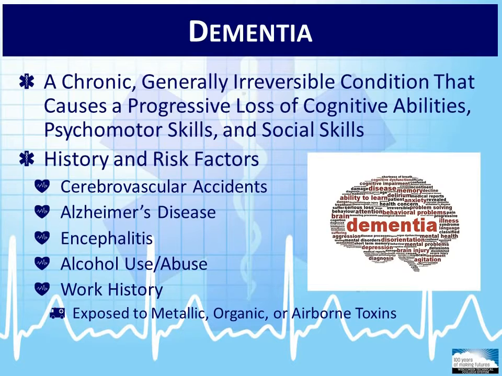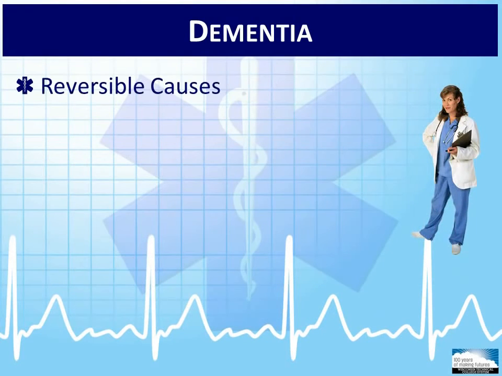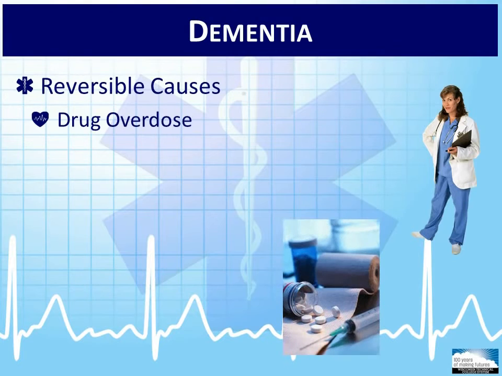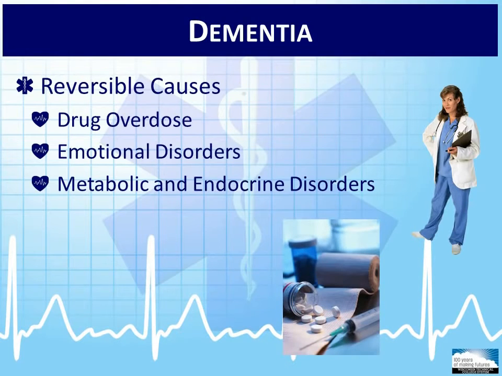Accidental or intentional medication overdoses can make a patient appear as if he or she has dementia, so keep that in mind during your assessment process. Chronic dementia develops over a period of years, which may give you a clue as to whether or not another pathology may be at work. Some causes of dementia-like symptoms that may resolve themselves include drug overdoses, emotional disorders, metabolic and endocrine disorders, tumors, trauma,